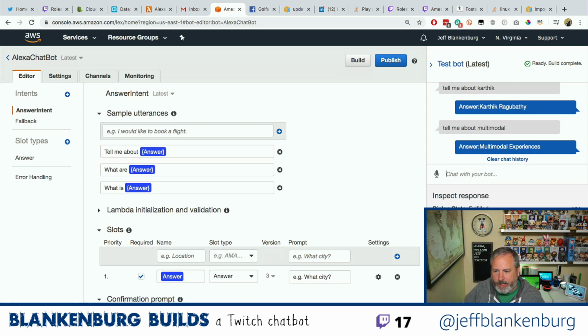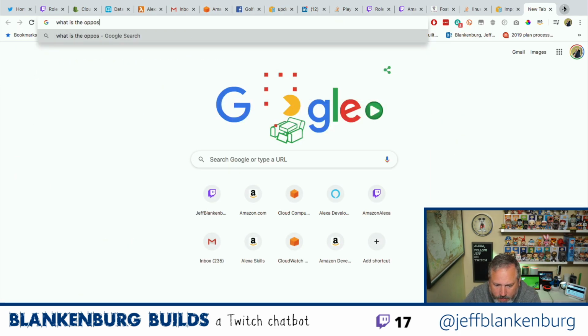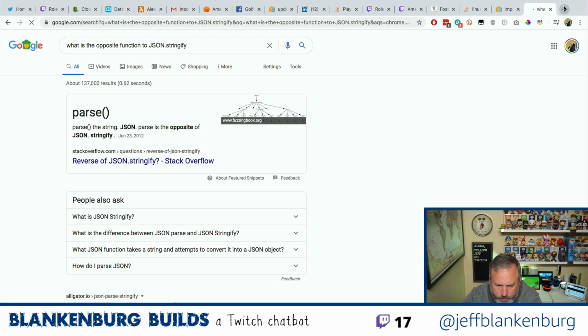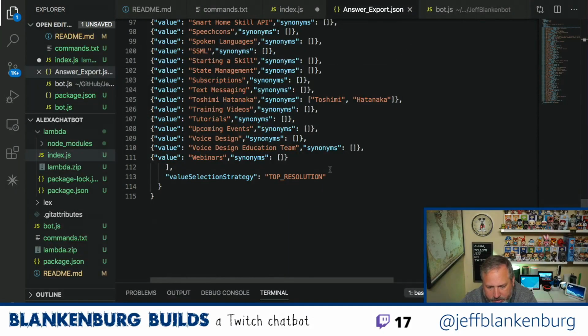I wonder if I could put a... Is there an opposite function to, like I have, what is the opposite function to json.stringify? json.parse. Well, that's interesting. So this is something that we built on Wednesday, but I'm going to go back and revisit it right now just so that we can do this properly. Because if I can do that, we might be in a good position to pass a bunch of data through.